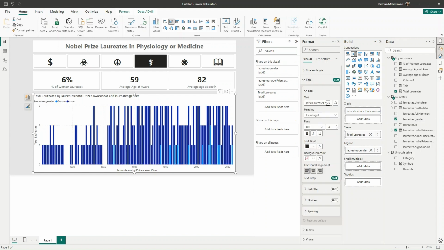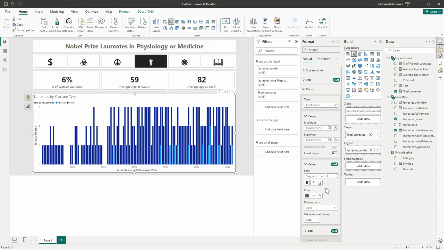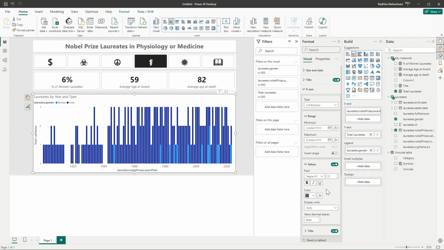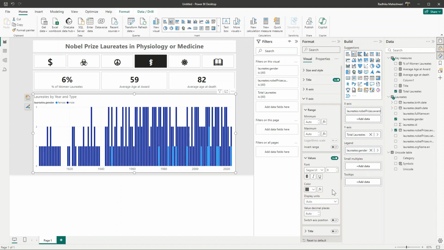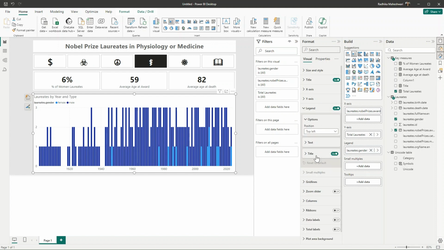And now let us just format this. So for title, we want this laureates by year and type. Let's just change the font and choose this color. Going into x-axis, we want the value to be 12 and don't want the title. Similarly for y-axis, we don't want the title and let's increase the value to 12. Going into legend, we want it at bottom center.